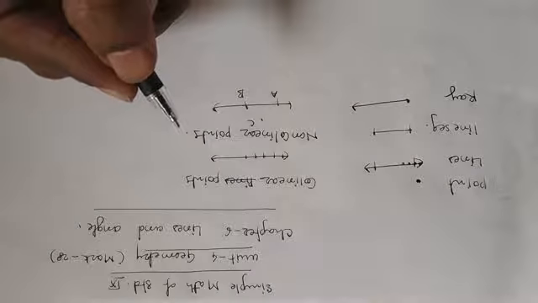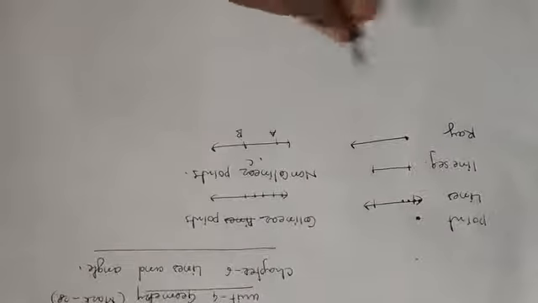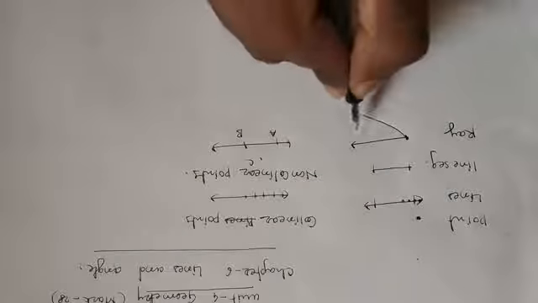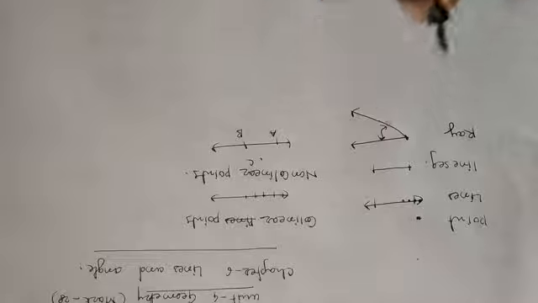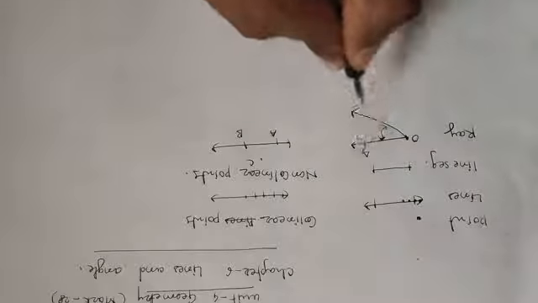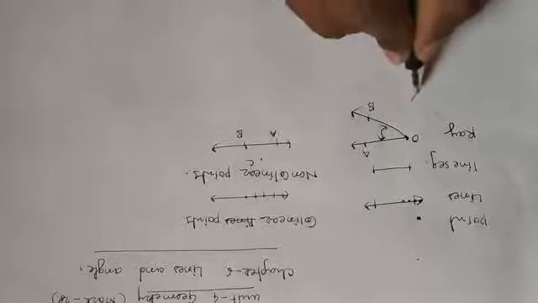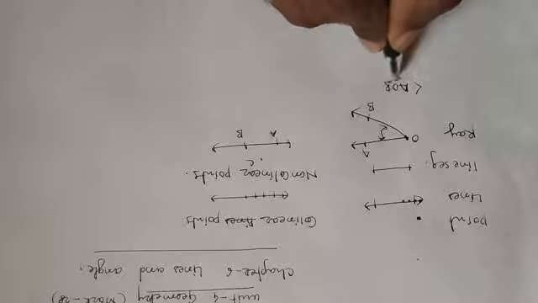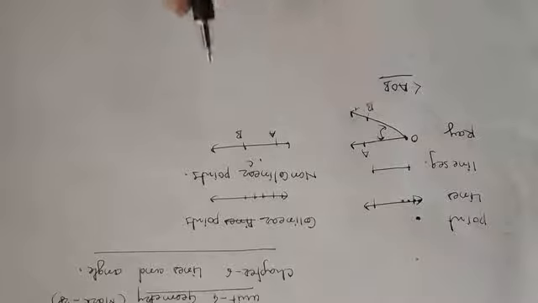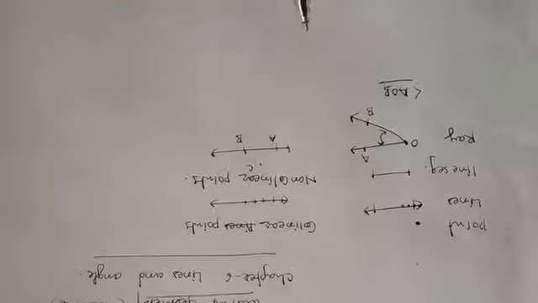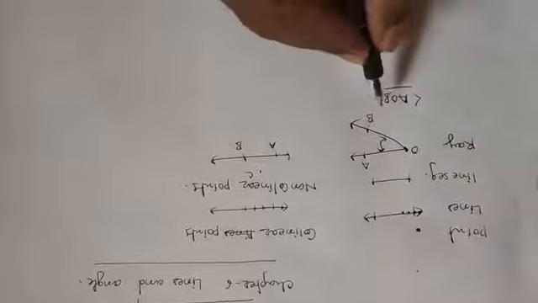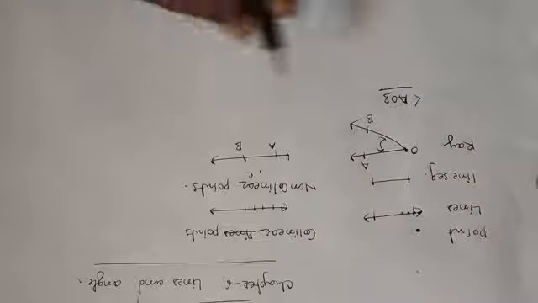Now we know that a ray, if two rays come together, then that makes an angle. So this is an angle. Suppose O, A, B, then angle AOB, this is an angle. Angle is counted in the anti-clockwise direction. So you know about angle also. Now there are types of angles. Many types of angles are there.